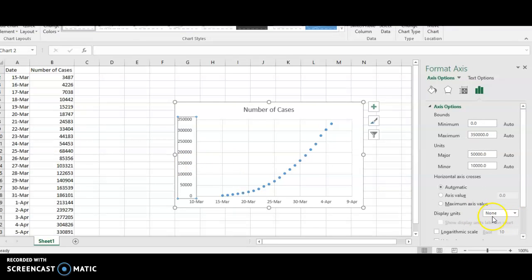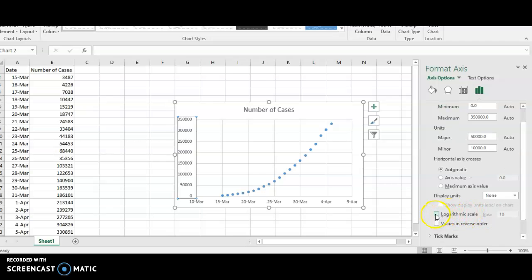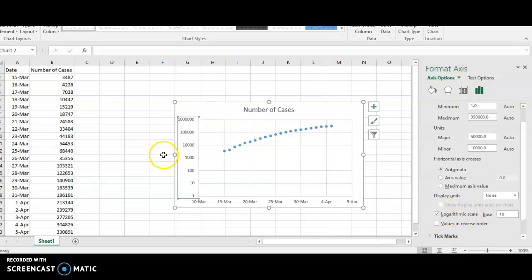So if I change this to have a logarithmic scale, now you see on the y-axis you have what? 1, 10, 100, 1,000, 10,000 cases, 100,000 cases, 1 million cases. And now your exponential chart is actually more similar to a line. Okay, so the linearness canceled out. So the exponential became a linear one when I used that logarithm to cancel out the exponential side of the graph. This is useful because now you can see there's this constant state of growth.